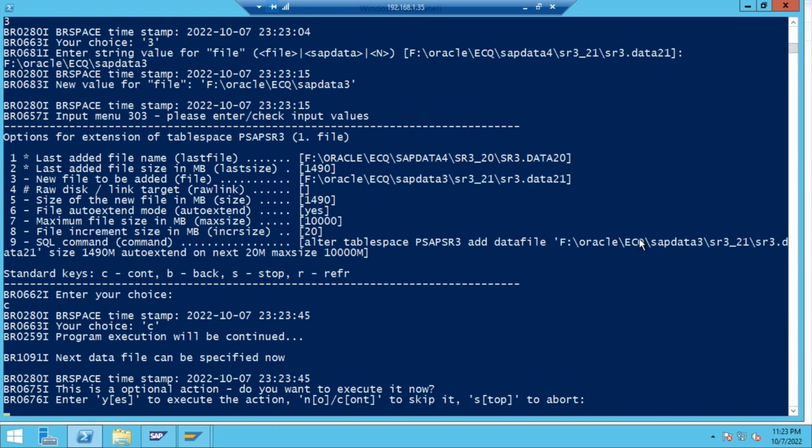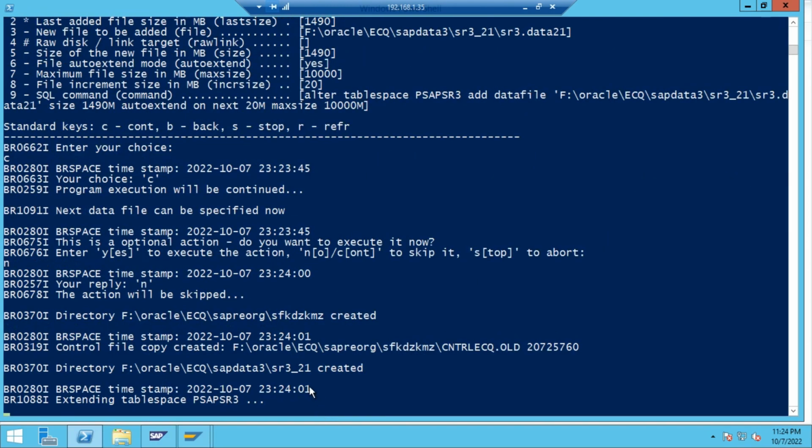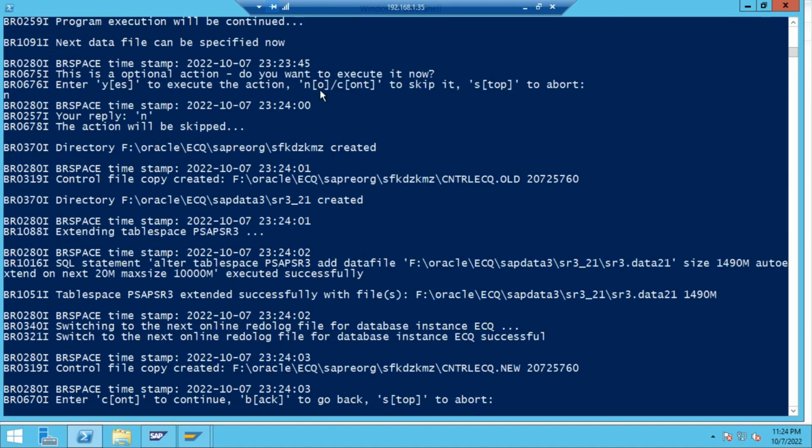and it is asking, do you want to add the next file also? In companies we add 3 to 4 files at a time. At that time we use option yes, but as of now I am going to add only one file. I will go with option no. So see, after clicking no here,